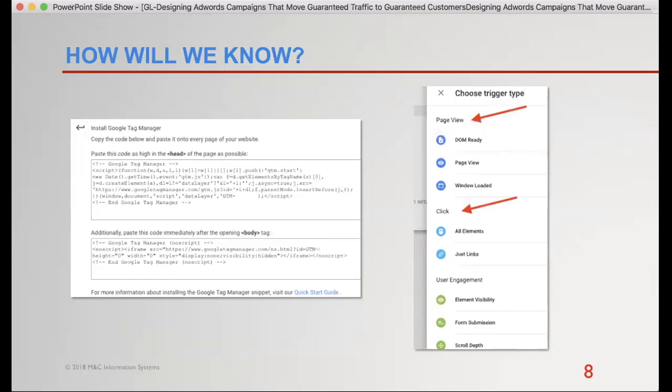But now we no longer need the IT department to help us with what it is that we're trying to track. So for instance, on most of our websites, we have phone numbers. Can we find where the phone number is on each page and then set up an on click, which would measure anytime that a click happens on a mobile phone, because when that website gets pulled up on your iPhone and you click on the phone number and it says, do you want to make a call? That is an event that can actually be registered. So the way to set that up, and the easiest way to get it working for you, is make sure that Tag Manager is set up, because then the requests that you have of your IT department go down significantly.